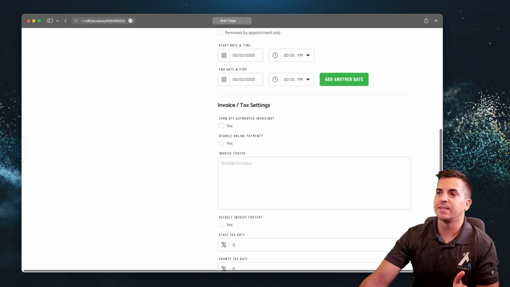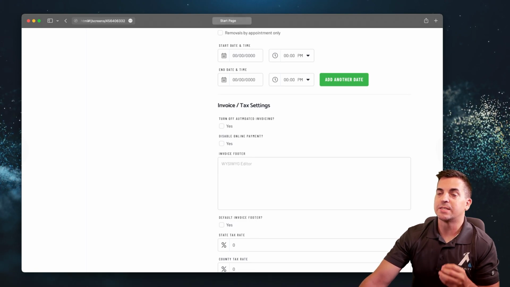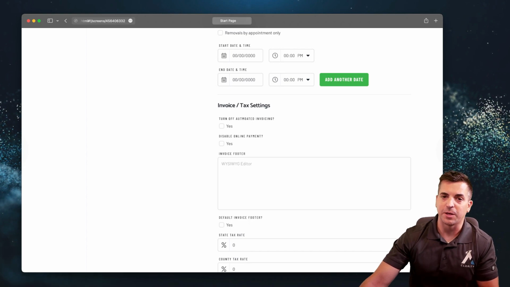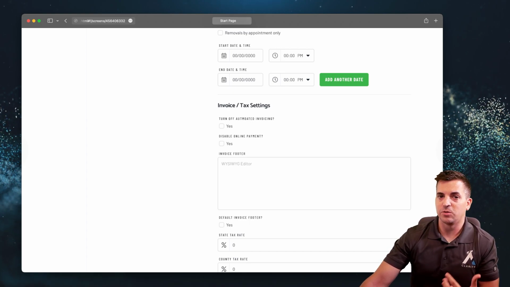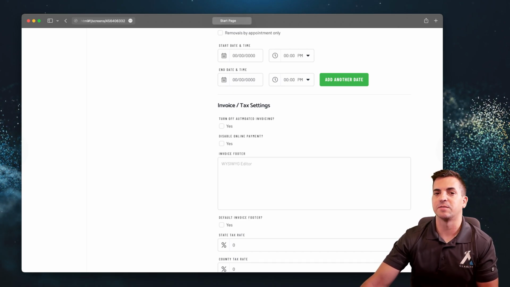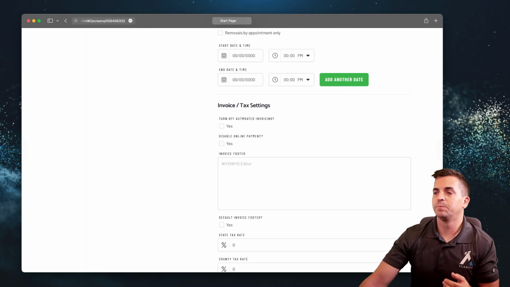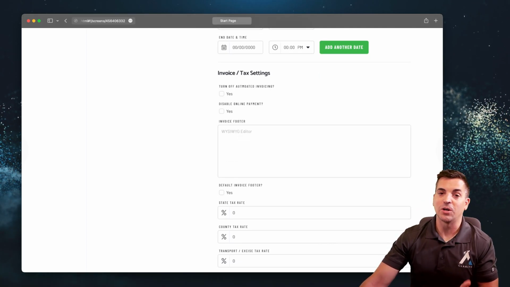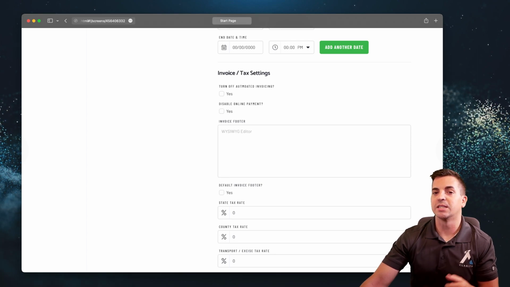Invoice and tax settings, being able to disable online payment. So you may want to require a check payment, for example, so that you don't have to pay a percentage fee if you're a seller for the credit card processing fees. Just an example. The ability to add a footer to the invoice, maybe contact information, possibly a link to pay